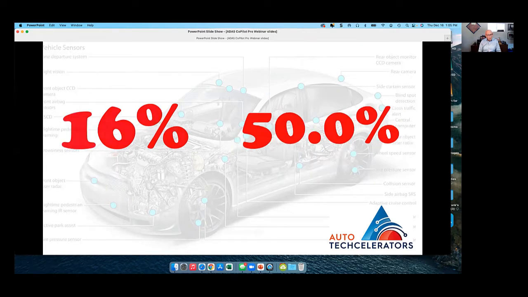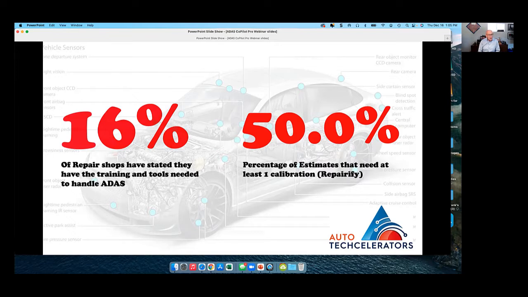A couple other statistics I thought were pretty interesting. Several hundred shops were surveyed, and 16% of the shops that were surveyed felt they had the training and the tools they needed to handle ADAS.